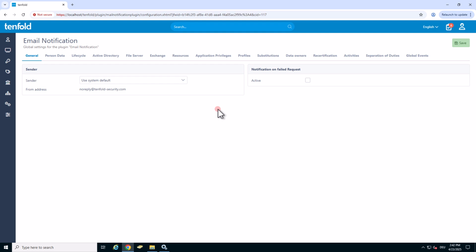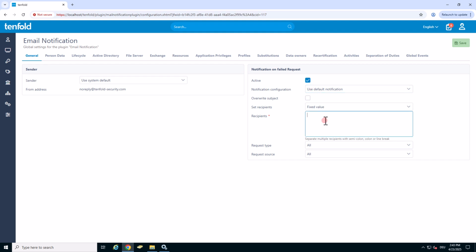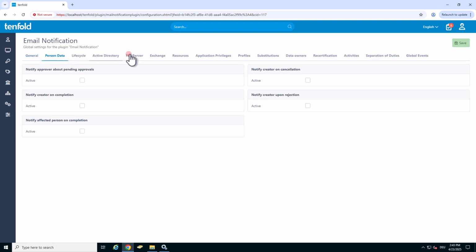Under the General tab, you can activate the notification on failed requests. It is recommended to specify a general email address for the Tenfold administrators, for example, to receive notifications about failed requests. In other sections like Person Data, File Server and Exchange, the configuration looks basically the same, but can be